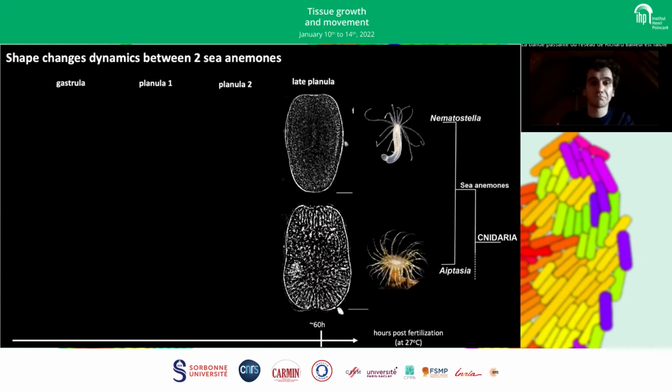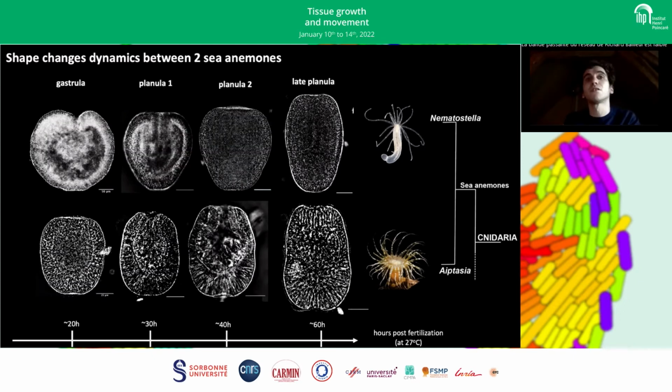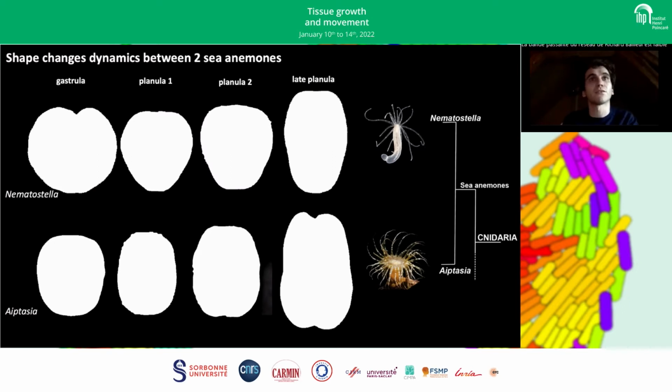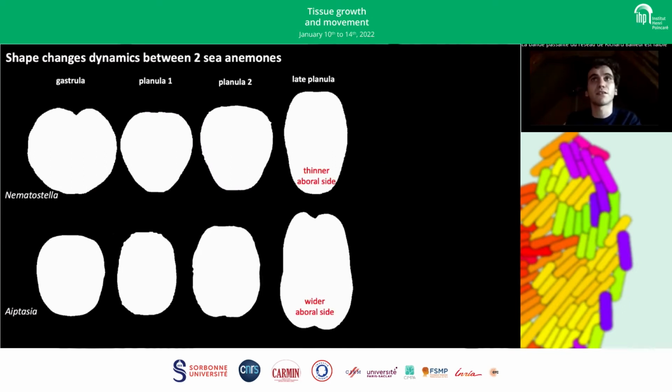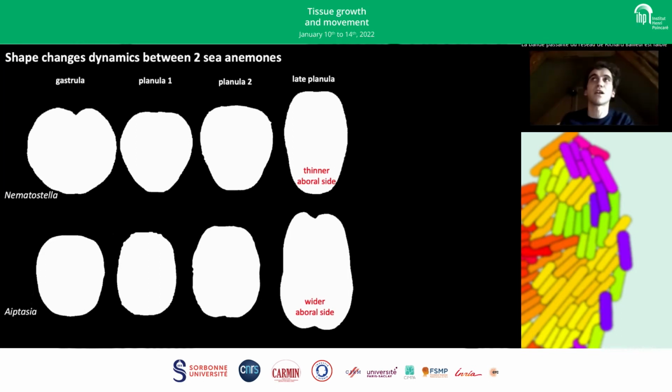Here they are. So what can we say about these shapes? The first thing that strikes the eye, I think, as I said, is that one species, Nematostella, gets thinner in the bottom, in the aboral side, whereas the other one gets wider. And another thing